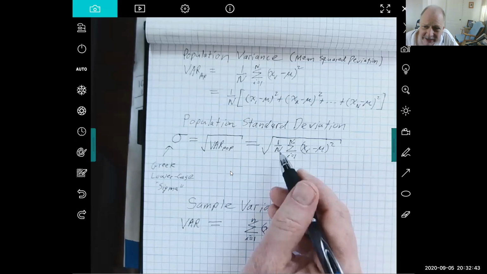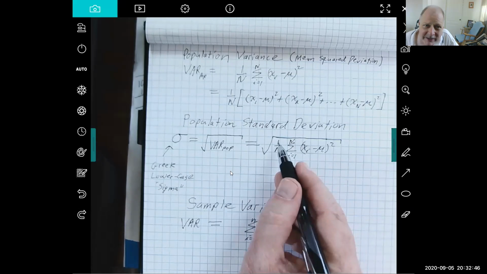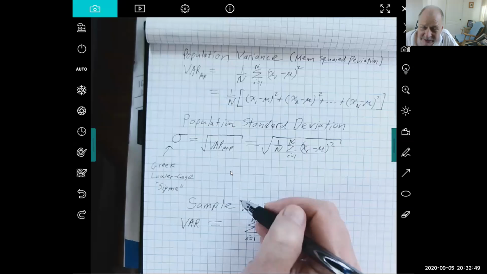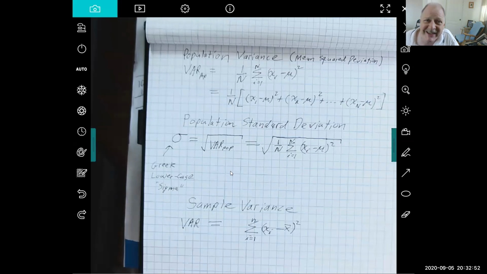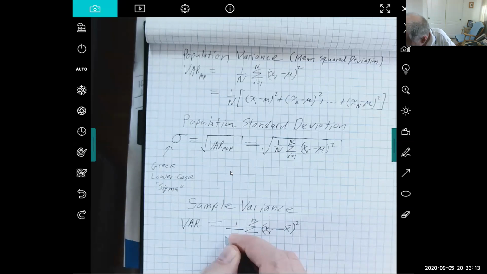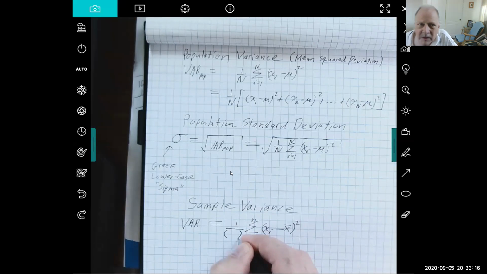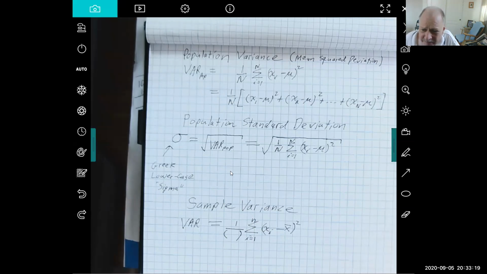And then you would think, so instead of dividing by the big N, I would just divide by the little n. You would think that, and in fact people did think that for quite a few years, until they realized it's a mistake, a very small mistake, that it would make the answer, the variance, come out a little bit less than it should. So I'm going to divide by something. And before I tell you what,